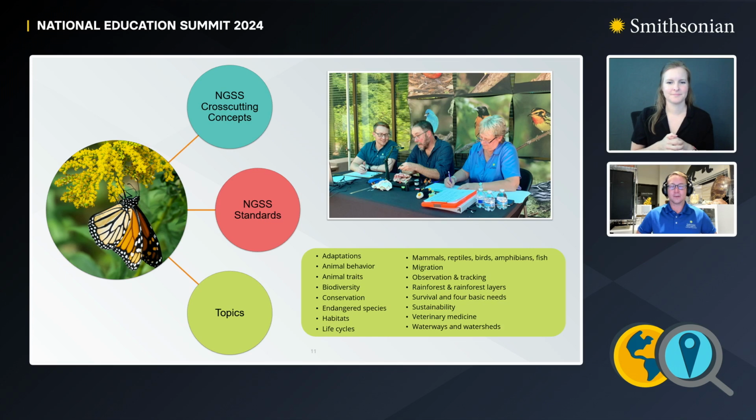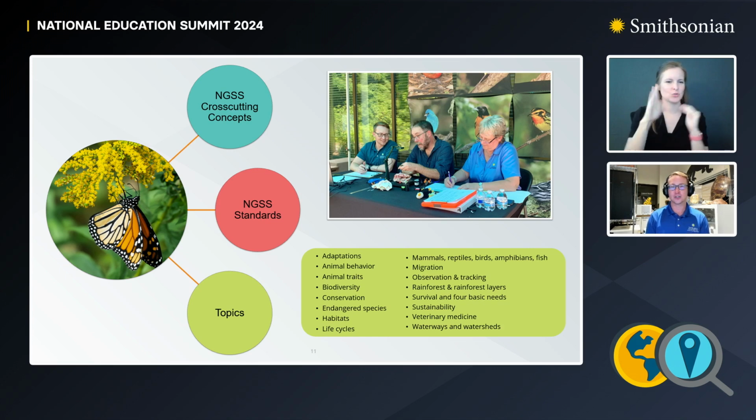So with our programs, you saw some of the pictures there interacting, and some of it even had the screenshots with the emojis. All of our programs have NGSS cross-cutting concepts, and we go with standards. And then below on that slide, you can see the topics. So these are just some of the topics we've done. If you have topics where you're thinking, I always have a hard time teaching this, or I would love to connect with the zoo and teach this topic, we would love to hear from you. Pop it in the chat, and we're going to take a look at it and compile those. But we do a lot of great things throughout the year. So we like to help you be able to teach in the classroom too.